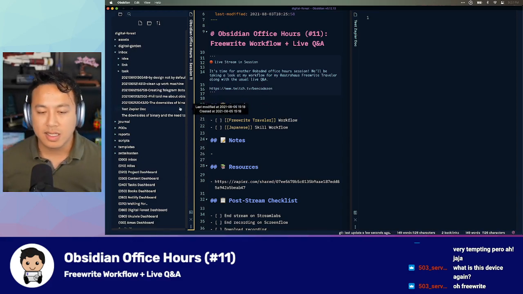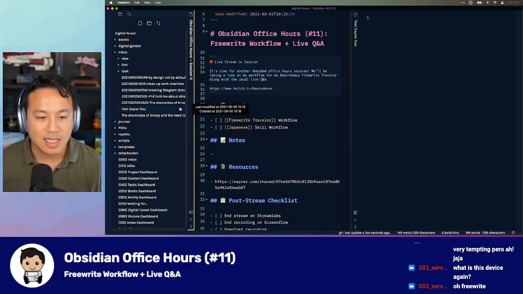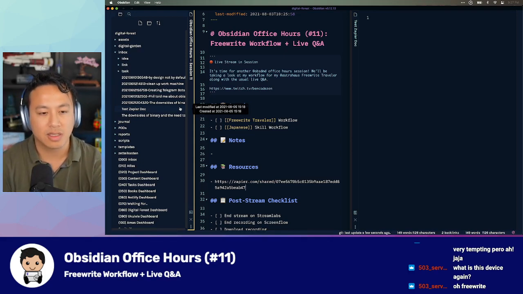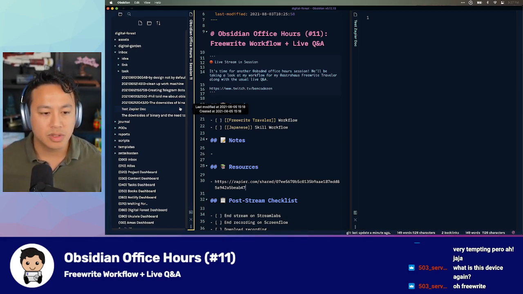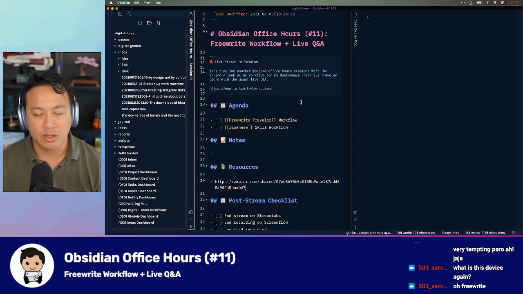And honestly, I think part of this, as much as I'd like to show things that always work seamlessly, this is an example clearly where there does seem to be some sort of disconnect regarding how the events are being triggered for updating things. And so once again, for me in particular, I use the Freewrite Traveler in spurts. So just like I finished taking notes on the,